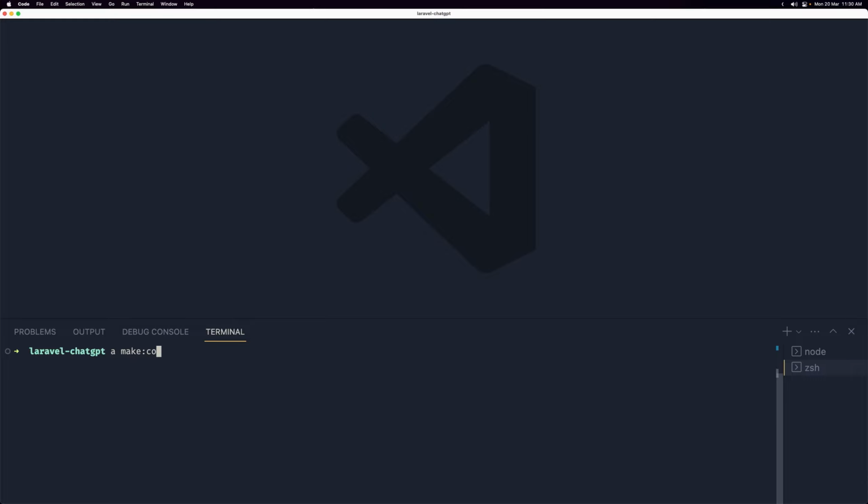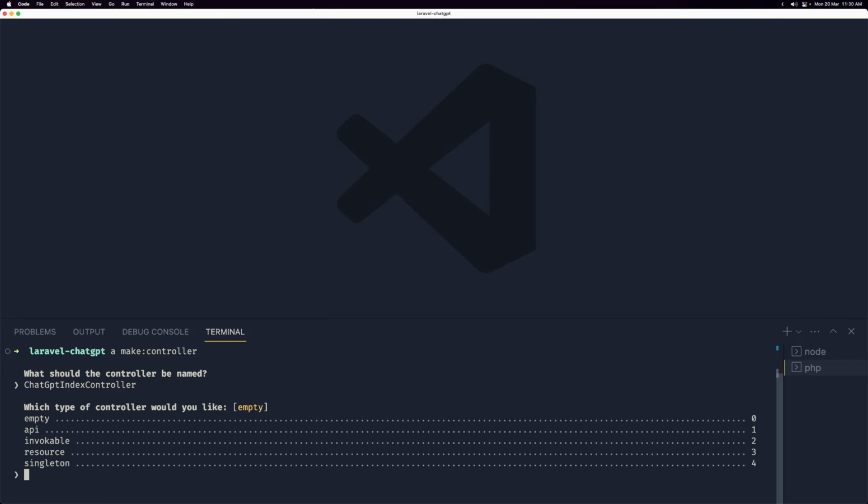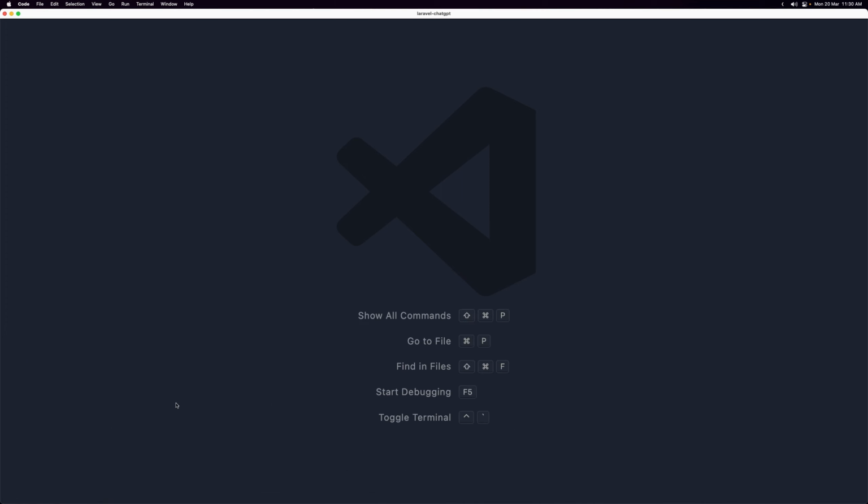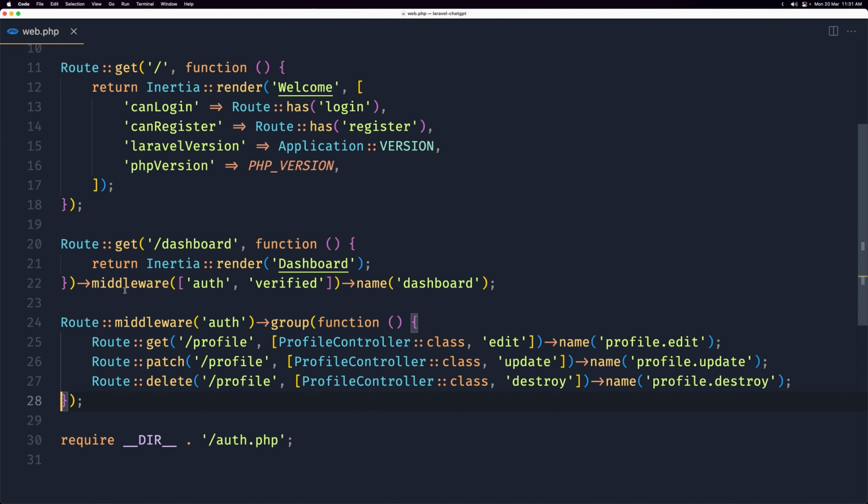hit enter, and the name is going to be ChatGPTIndexController because it's going to be invocable, and select true, which means for the invocable here. Okay, hit enter, and we are okay. Let's close now this, and let's open the web routes, and inside the